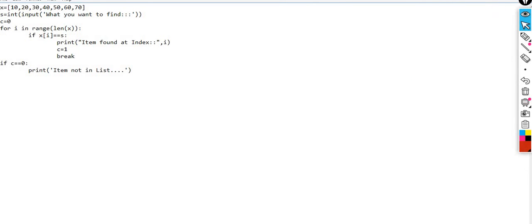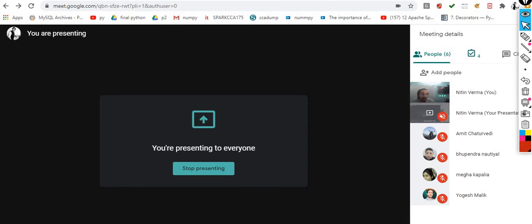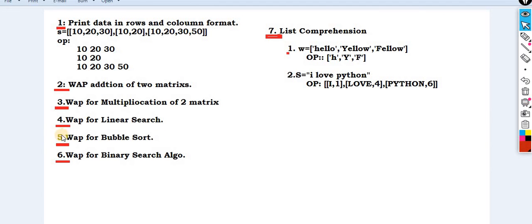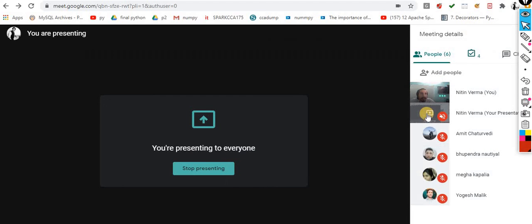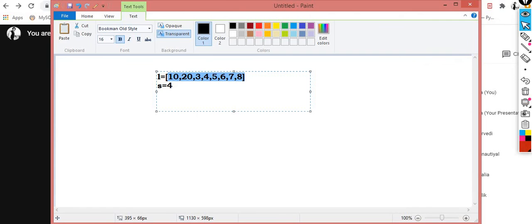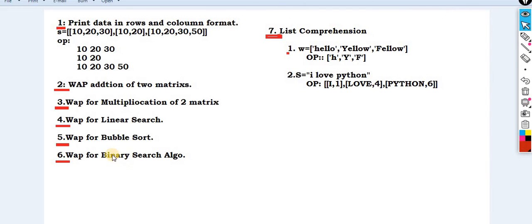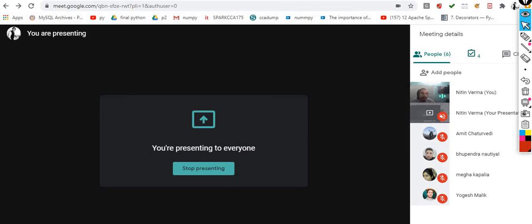Okay, so I think that is more than enough for today. I am still leaving this assignment for you. Try to search on Google what exactly bubble sort is. Then go to the binary search algorithm. Don't copy the code from there. Try to make it on your own. First understand the concept behind it. What is the concept? Try to understand that concept, then come back to this.